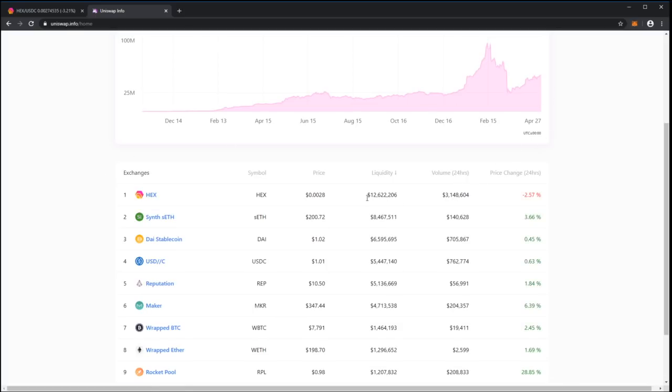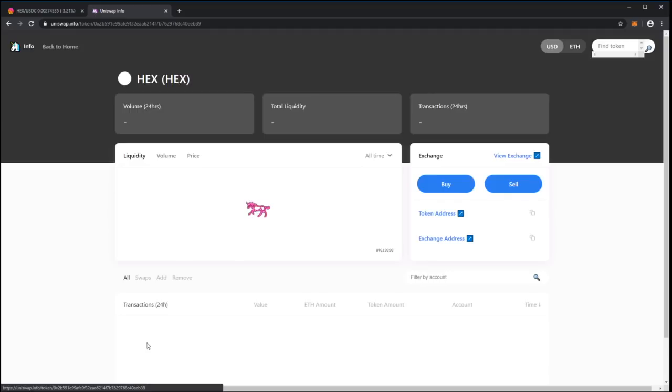We'll let it load so that you can see the comparison to other coins. $3 million of volume, $12 million of liquidity. Now look at USDC. USDC is one of the largest, most popular stable coins, and Coinbase themselves put an extra $1 million liquidity directly into this pool. And look at how pitiful it is compared to HEX. HEX is the most liquid coin on distributed exchange, except for Ethereum itself, and maybe some other stable coins on another platform. So if we click HEX,